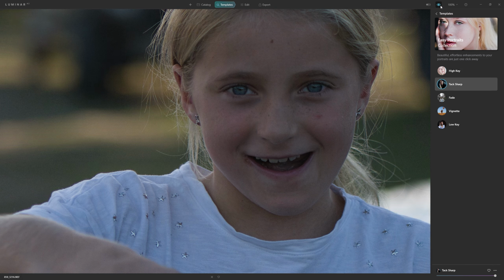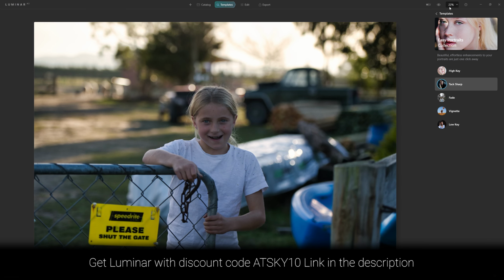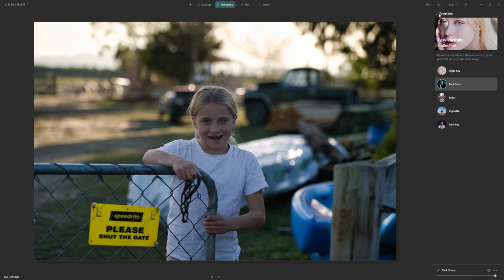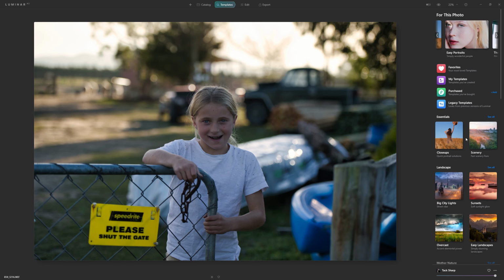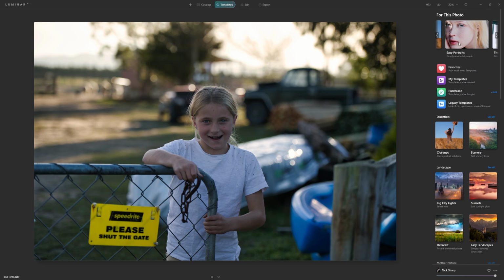It's really subtle, but it definitely is sharper and giving it a little bit more pop as well. So it's really easy to get better results in Luminar just with one click. I mean, look, before and after, that's a big improvement just with one little click. With any of these templates that you apply, you can always fade the amount off as well, and you're not just limited to using portrait